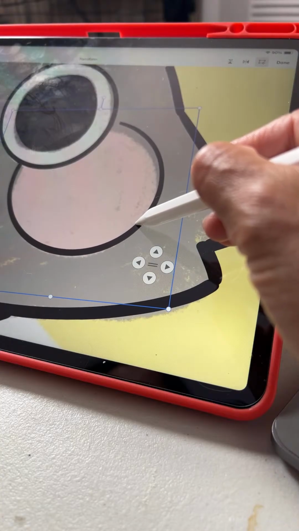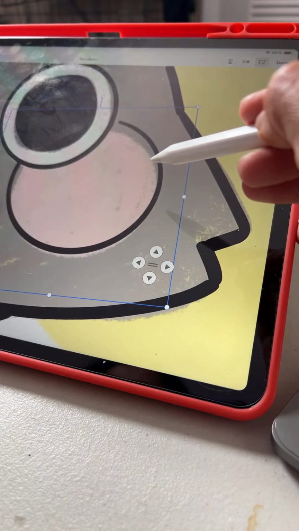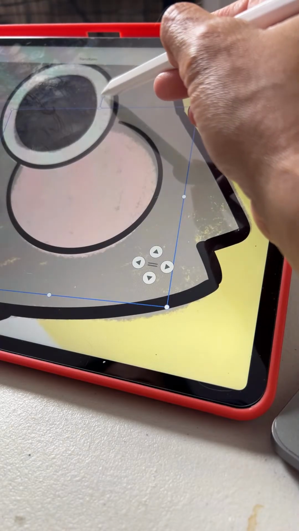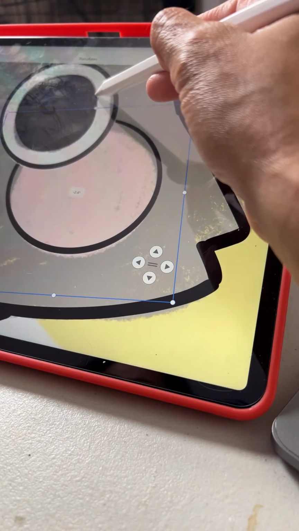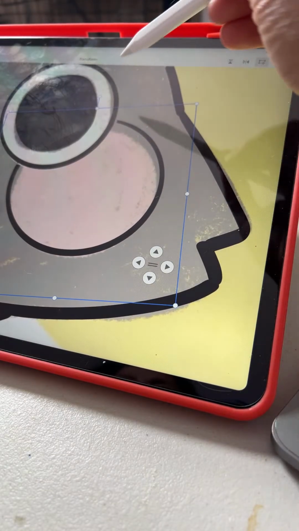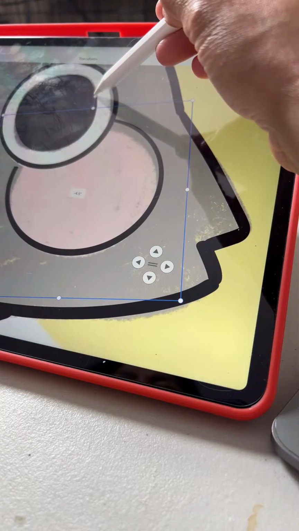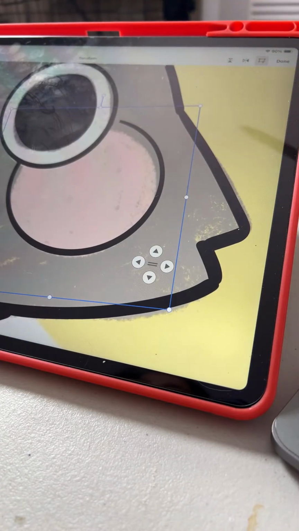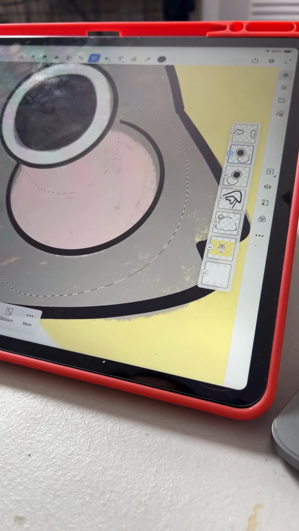Bringing that a little bit closer. Maybe I should just delete it. Okay, fine, whatever. I'm just gonna delete it and start the thing over again